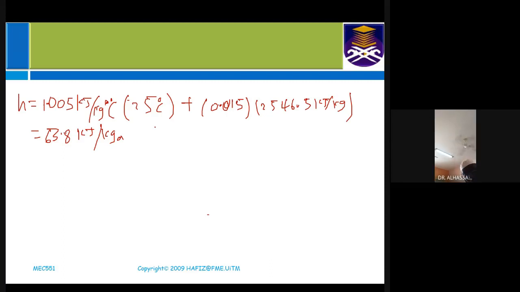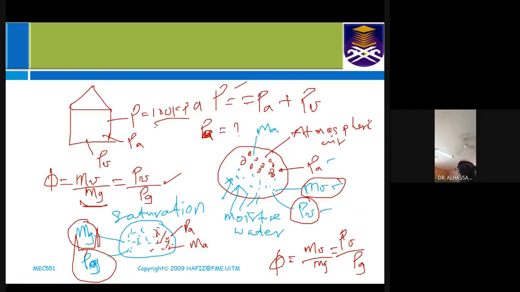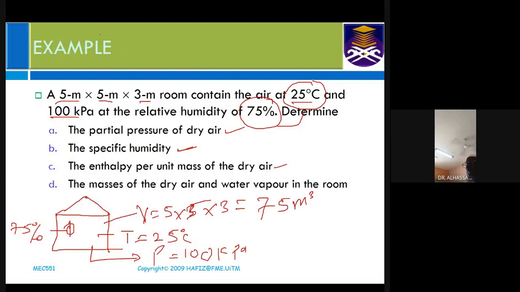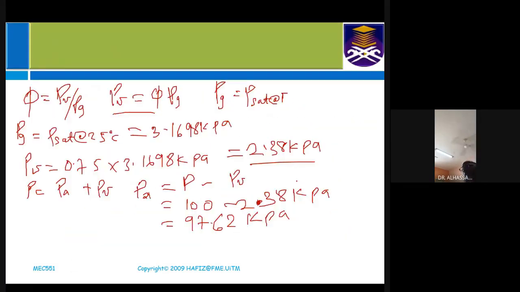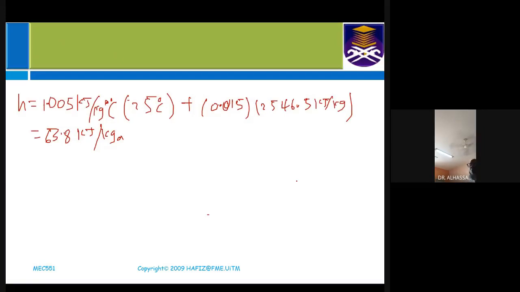Now let's proceed carefully. We want to determine the mass of dry air and the mass of water vapor present. This is the question. How do we determine the mass of dry air first? Since we know that dry air is an ideal gas,